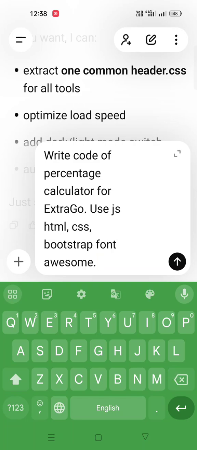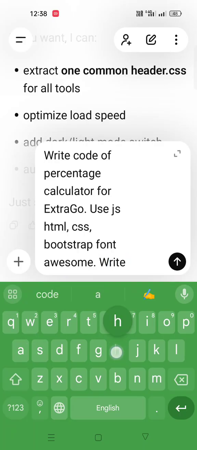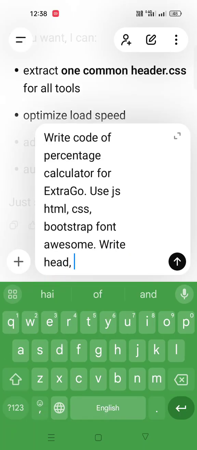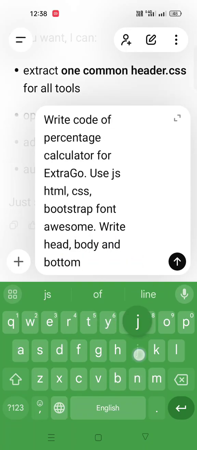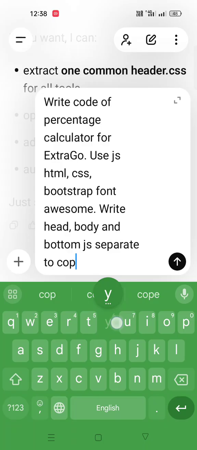Use JS, HTML, CSS, Bootstrap, Font Awesome. Write head, body, and bottom JS separately for copying. Okay, now click on the enter button.